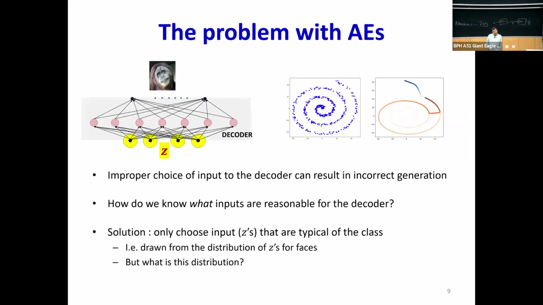But we didn't say anything about what the z could be, right? And if we train this properly, we know that this decoder is only able to generate data on the manifold that the data lie on. So in our example, over here, the data all lay on a spiral. So if my hidden latent variable is unidimensional, just a scalar, that means that the decoder is going to basically fold a one-dimensional space. What is a one-dimensional space? It's a line, right? And it's going to fold this line to match the data as much as possible. It's going to learn the spiral, which is indeed what it does.